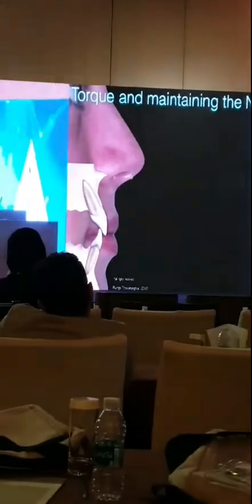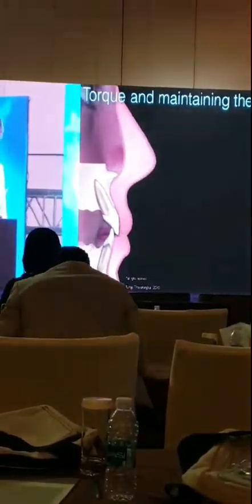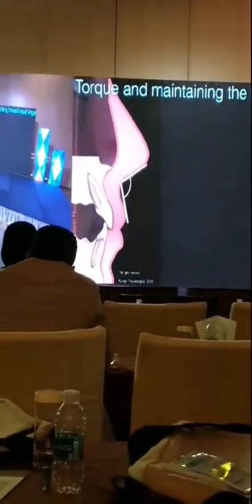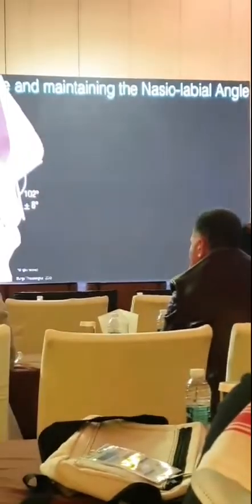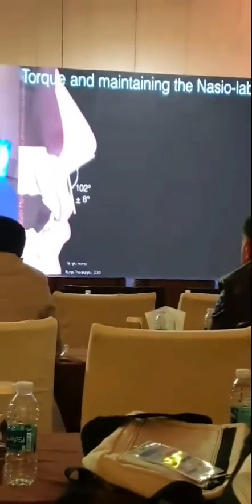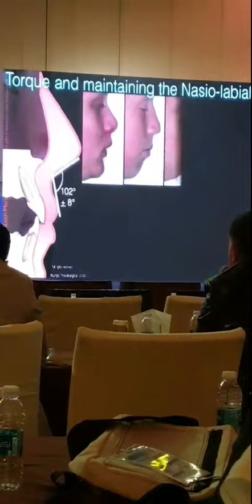Now the torques are important for maintaining the nasolabial angle, and it's becoming more and more important because our patients want to have a beautiful face, and this is very much part of it, keeping their upper lip in position. So we want those 108 degrees,